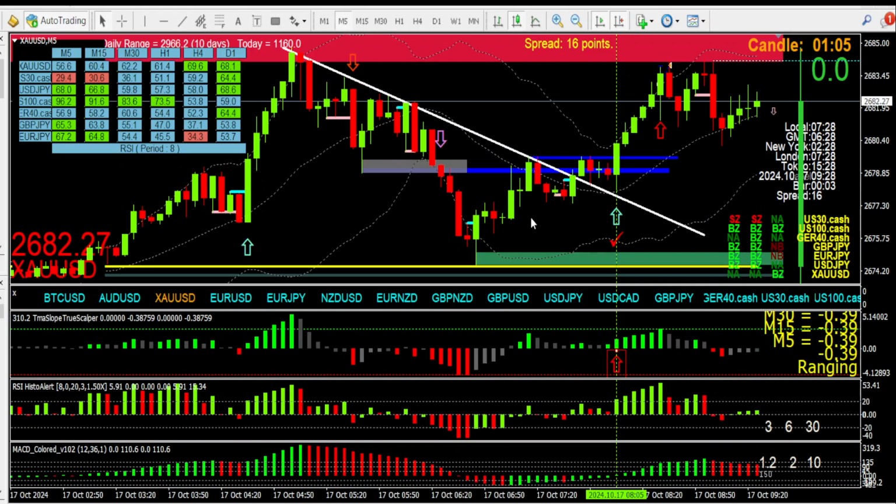The other day I was asked what an A plus entry is compared to lower grade entries, let's just say B. It's very subjective in terms of the lower grade entries because there are so many different parameters to each trade. But the one thing about A plus trades you cannot avoid is that using